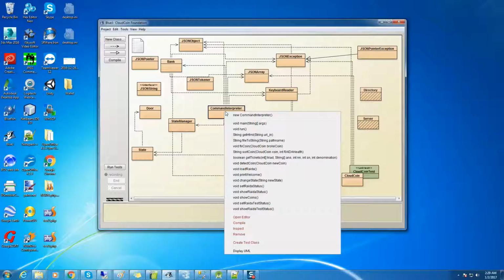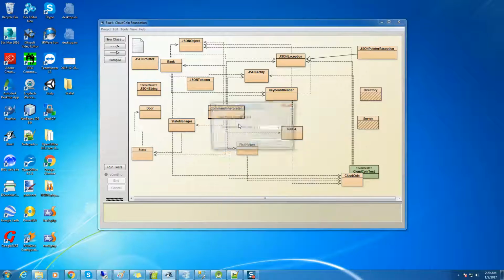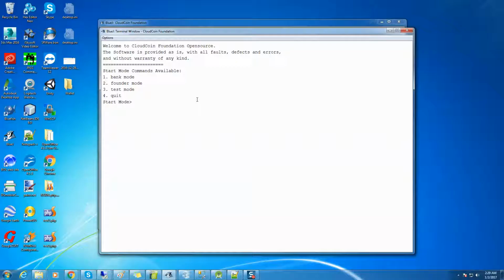You'll want to open your command interpreter, right-click it, go to Void Main, and then that will bring up a command prompt. Like I said, we've got founder mode you want to use, test mode you want to use. You don't really want to use this as your bank, but it will do that functionality. We'll have a really good bank later on. But I'm going to go to bank mode,